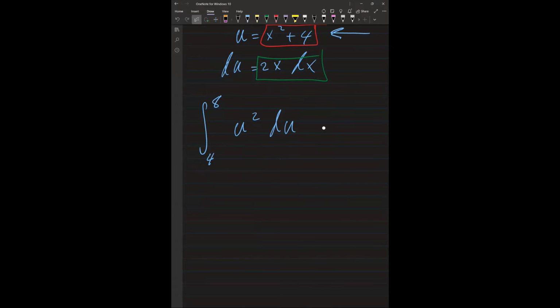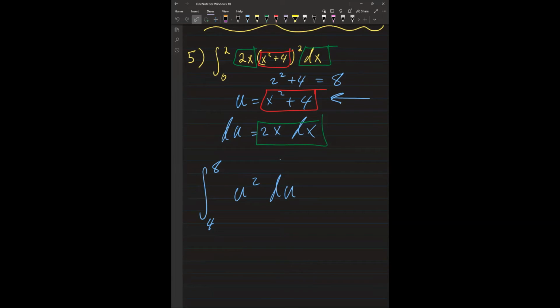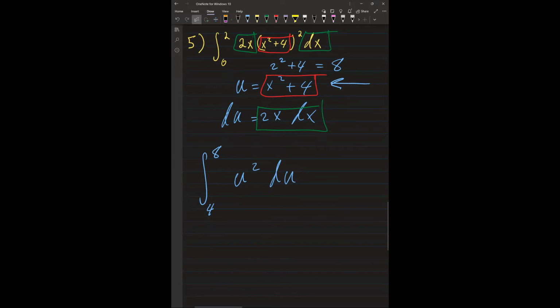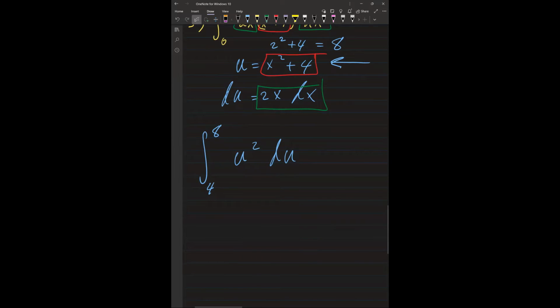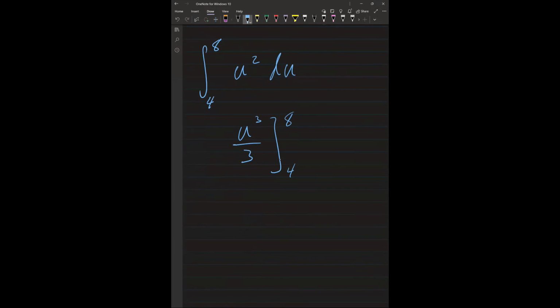And that is it. This is the only extra step. Let's just plug in the limits into the u expression. So let's do it. Add 1 to the power 2 to get 3, divide. We got from 4 to 8. Okay. Now let's plug it in. Get 8 to the 3rd power over 3